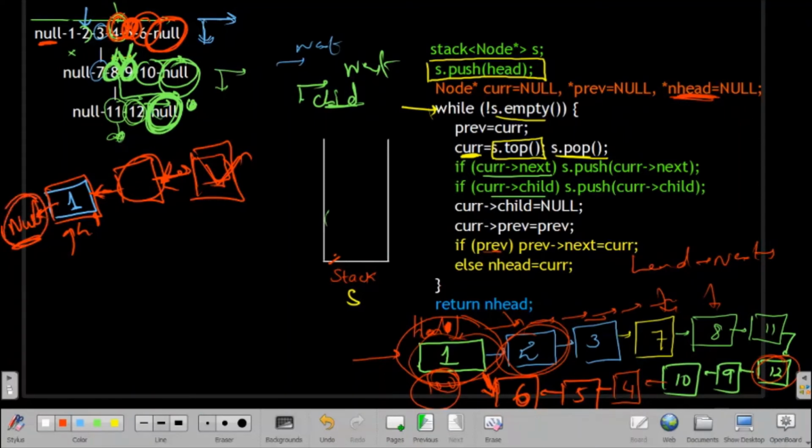So we'll check if my previous node is valid, it means we are somewhere in between, because if I am here, I have a valid previous node. So what we'll do, we'll just set previous next to the current element.